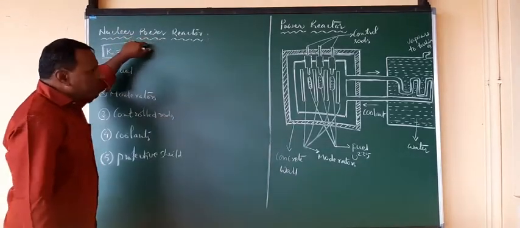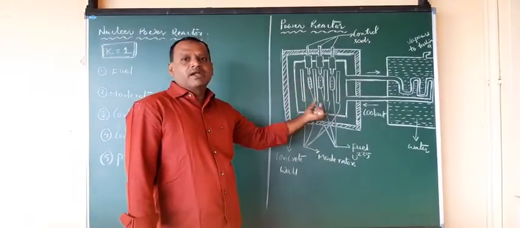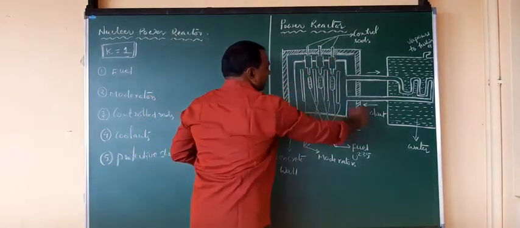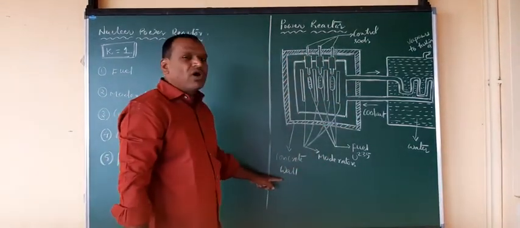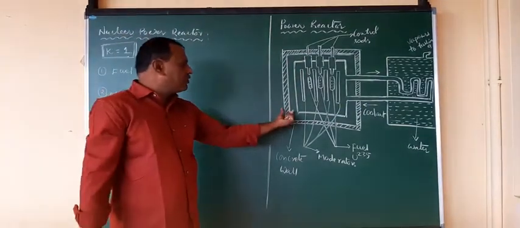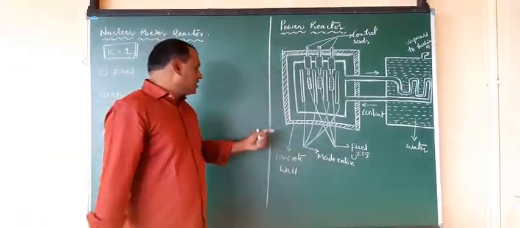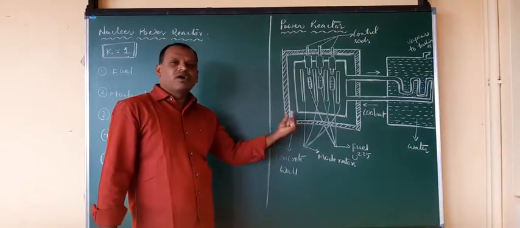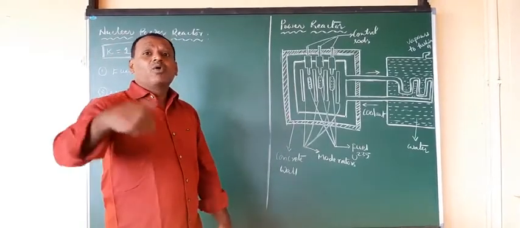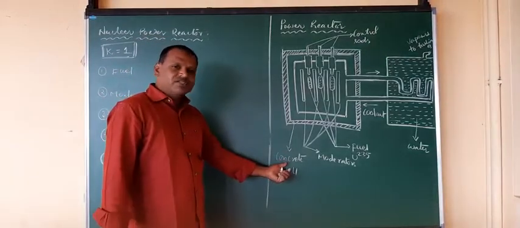So this nuclear power reactor, as already drawn on the board, is the schematic diagram of a nuclear power reactor. In this, the outer part is called a concrete wall, that is the protective shield. It has a thickness of about 10 to 15 meters. This wall is made up of concrete or steel, which does not allow any radiations produced in the reactions to go out of the reactor. So for that we have this concrete wall, right?